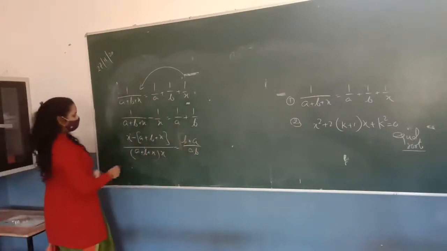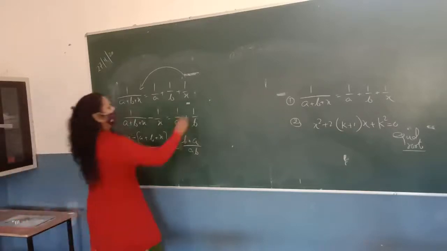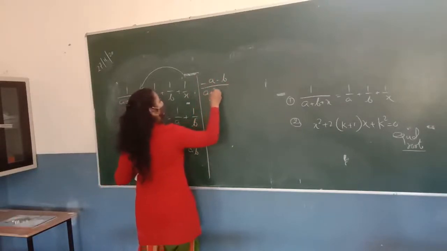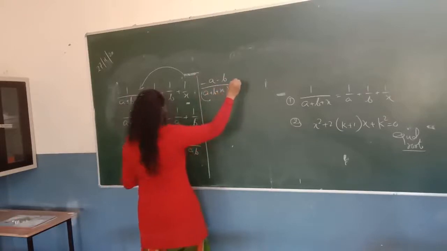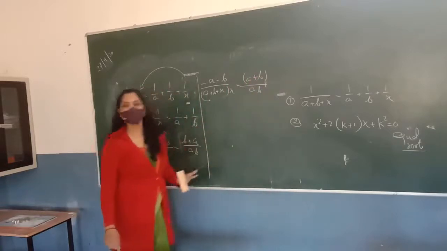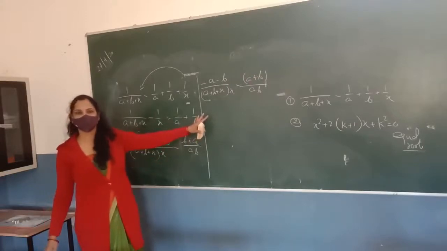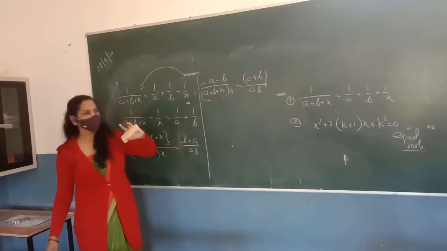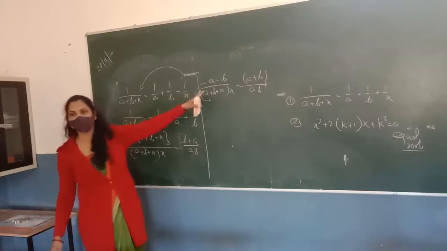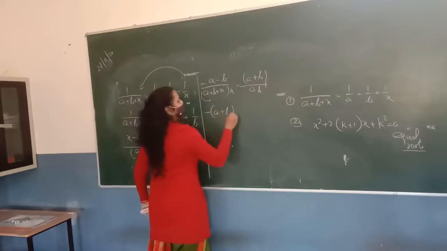Okay. Now, by opening this bracket, we can cancel out x by x. Here will be minus a minus b. I am writing here minus a minus b upon a plus b plus x into x is equal to a plus b upon ab. Now what can you do? Nothing more to do. Taking minus common, a plus b upon,